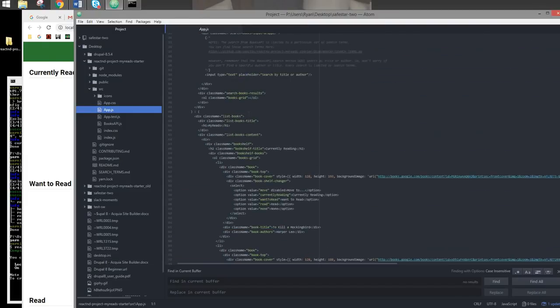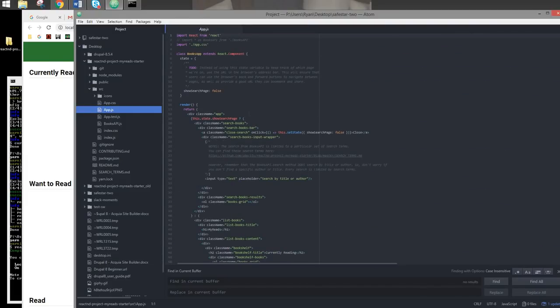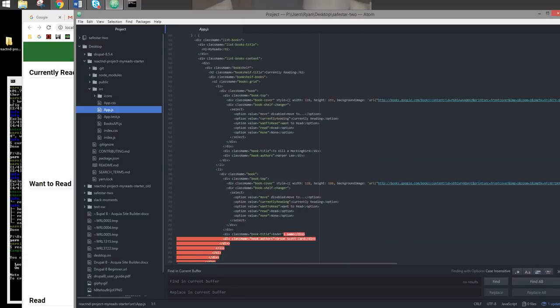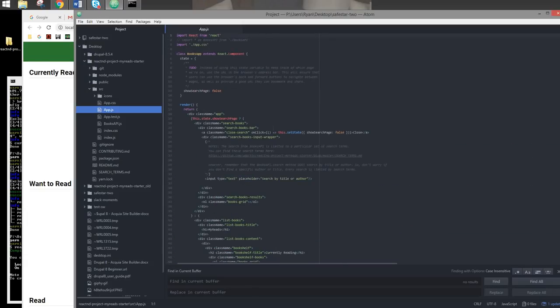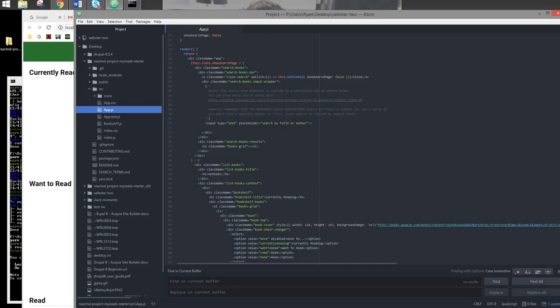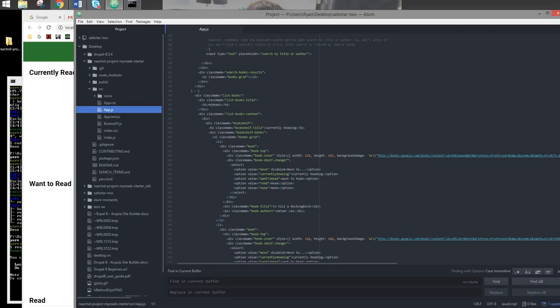Right? So where to start? It's important to have clean code and organized files. So the first thing I'm going to do is just clean up all of this code, right? Now in React, the main idea of components is that you write a certain set of JSX and methods in the component that will manage itself, right? And one little tactic that I use of when to make a component is when things get repetitive, right? So for example, we see bookshelf, we see